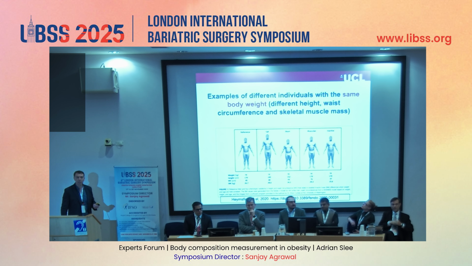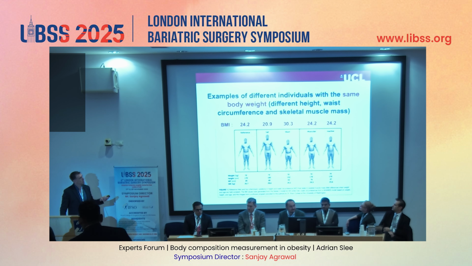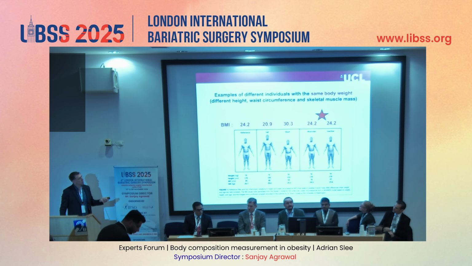So for example, we can take these 5 guys here, all got exactly the same body weight of 70 kilograms, different height, different waist circumference, different skeletal muscle mass, and so obviously they're going to have different BMIs, okay? And it's only this chap here who has an obese BMI. But for example, we take these guys, completely normal body mass index values, 24.2, but very different waist circumference and skeletal muscle mass. And we know that probably this person who may be physically inactive is going to be at much higher risk of cardiometabolic disease, for example. And so this is the whole point, is we should be looking at not just body weight.